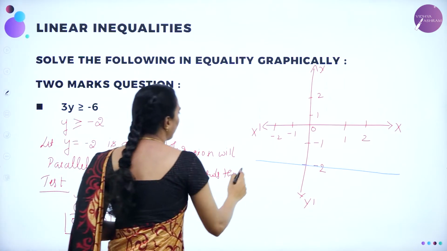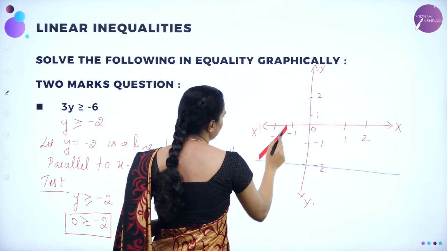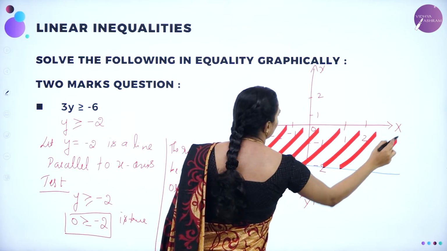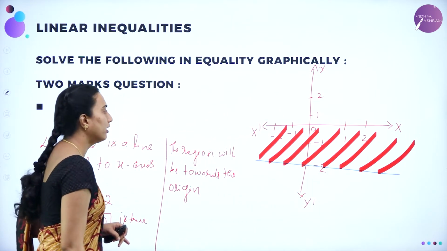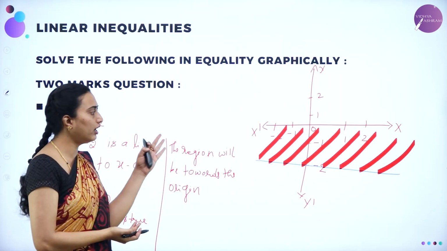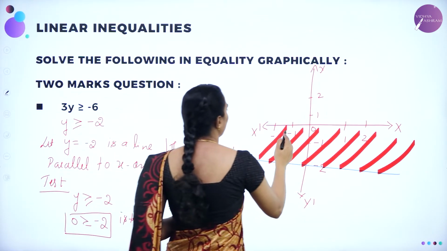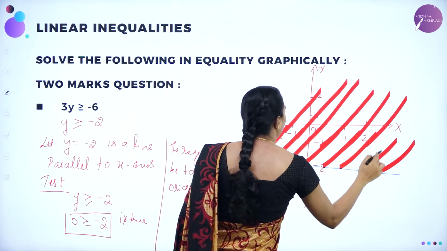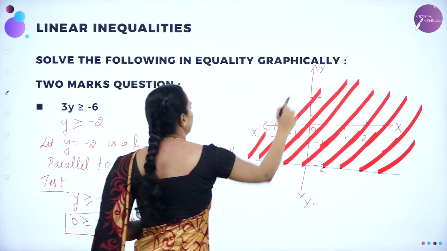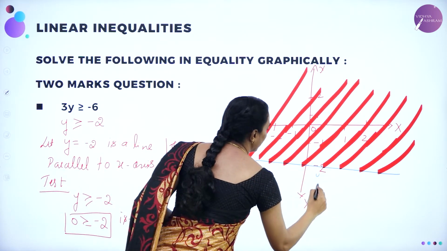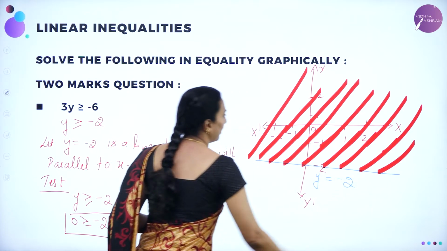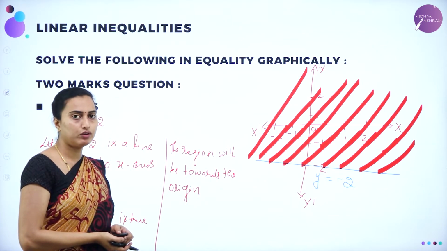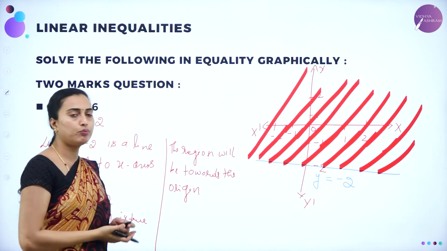So where will it come? You are going to get this one. This is towards the origin. Correct? So this is a region you can have towards the origin. Okay, I hope you got this one, how to draw the region. You can draw the region like this. Okay, this is what you are going to have towards the origin. Got it? So here you are going to write y is equal to -2 is a line. Don't forget to write that one and don't forget to mark the region. I hope you understood this one. We'll move on to the next problem, dears.